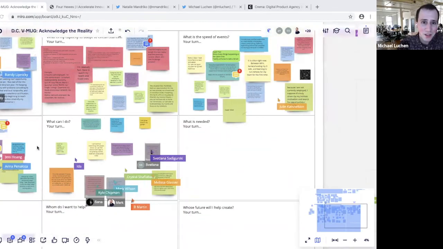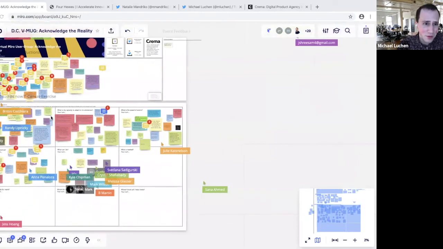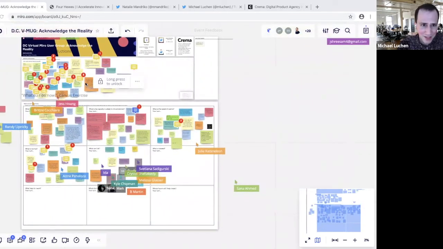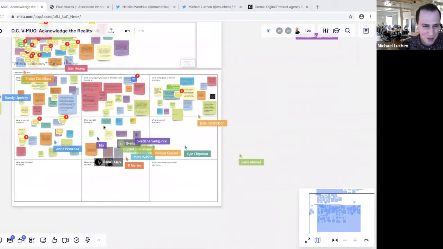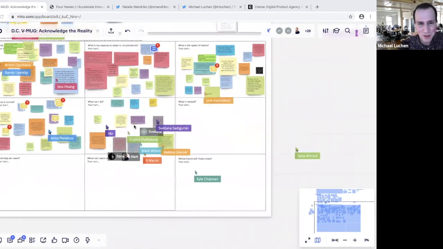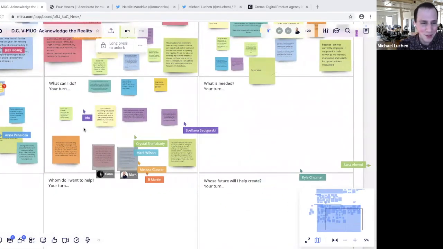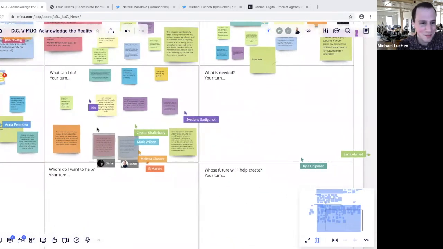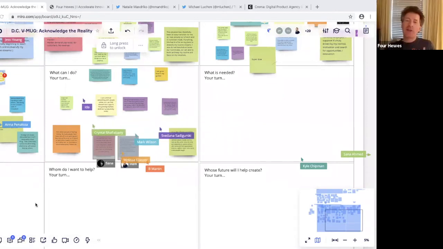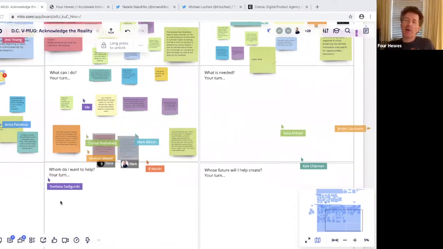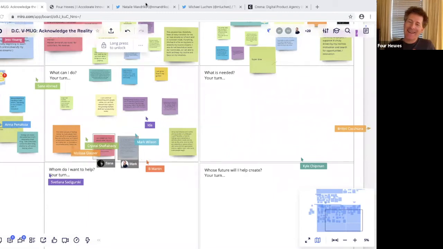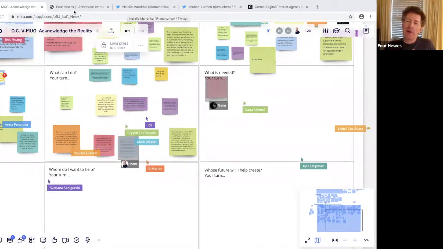Yeah, just look at all the value that's already been created here, all the networking that's already happened. There are some chats that have really bubbled up, and all the learnings that everyone has shared and contributed to. This is really powerful. I almost wonder how we're going to transition to in-person events after this. We're going to have stickies all over our blouses and shirts. People are going to come up and put stickies on you.